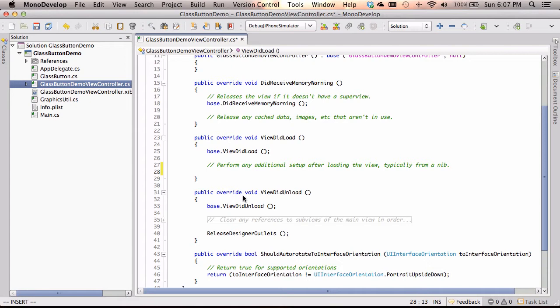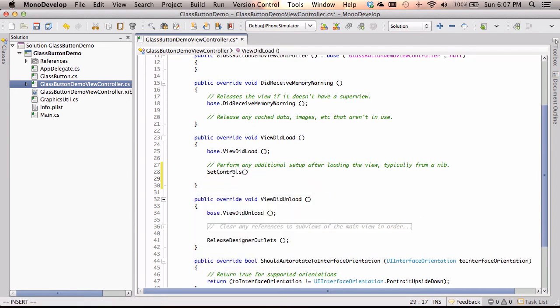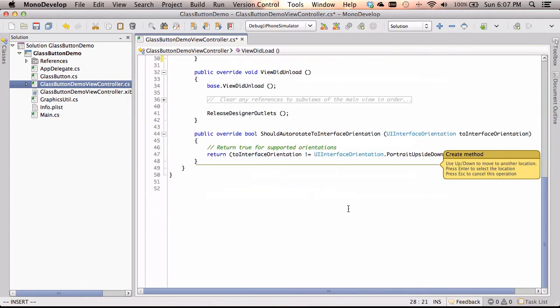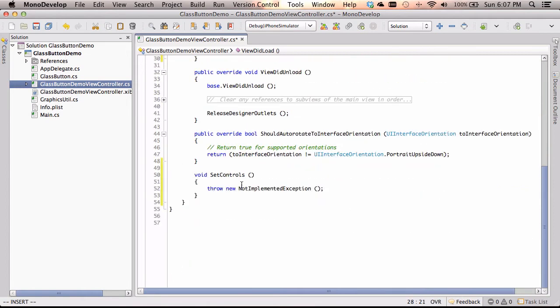We can do all that within this ViewDidLoad, although we could make a method called SetupControls. That would probably be better. Make a method for that so that we can customize that method without dirtying up this. I'm going to refactor and create that method, which is an option in modern IDEs to automatically generate code for you. And let's go ahead and start by saying var, and we'll just say button